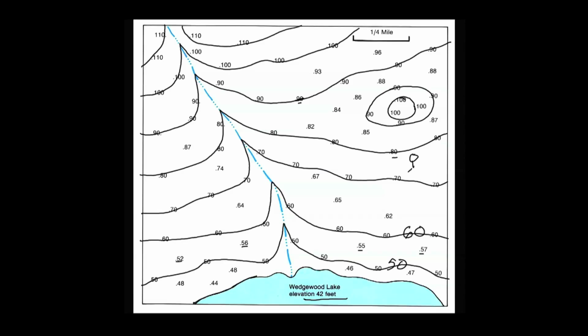For example, if I am a little stick man and I'm walking uphill in this direction, I cross the 80-foot contour, continue uphill, I cross the 90-foot contour, continue, 100-foot contour, I reach the top of the hill here, whose elevation, by the way, would be somewhere above 100 feet, but not as high as 120, so I might call the top of that hill 110 feet. Now I start going back downhill, and notice the first line I cross is a repeat of the 100, back to 90. But now I repeat the 90 again, which means I've started back uphill, and finally I would cross 100 feet as I go off the map.